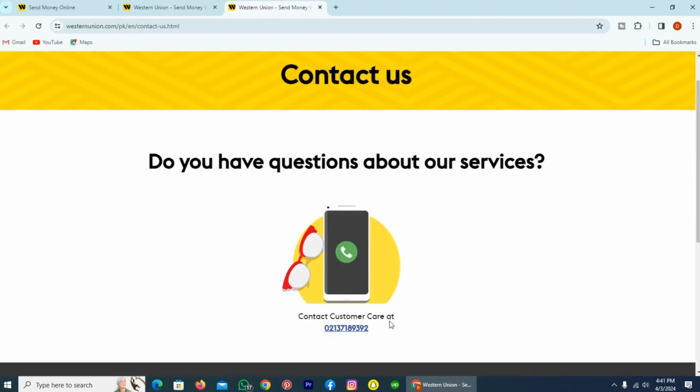Tap on it. Here you can see Contact Customer Care at this number. It's provided by Western Union, and I can contact Western Union by dialing this number through my mobile phone. But maybe you are using Western Union from a different country, so there will be more options of contacting Western Union,